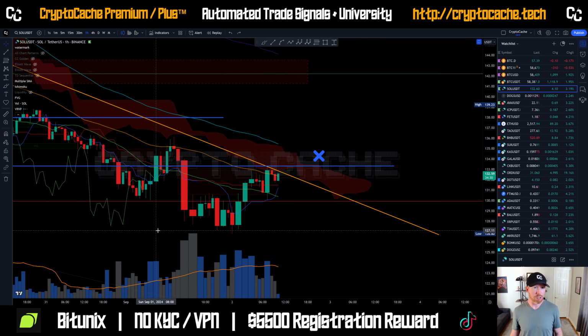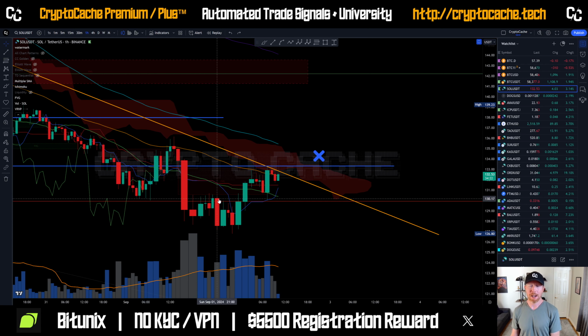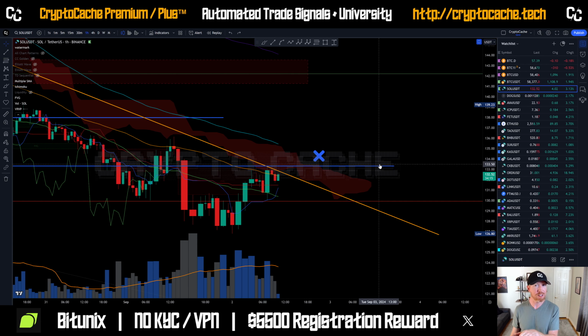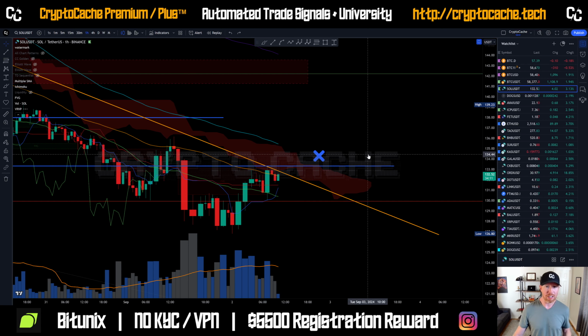So the truth is we're not in good shape. The lagging span is over here already in the price action. This does imply we want to wait another 5 to 6 hours before taking a long position anyways. And at that point, you don't just jump into a long, you want to confirm. Are we at 133.50? Are we at 133.50 or higher? Okay, if we are, and we see that control of that time frame, then it would make sense to